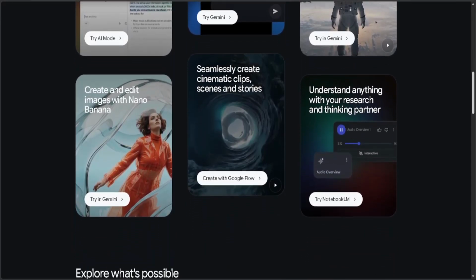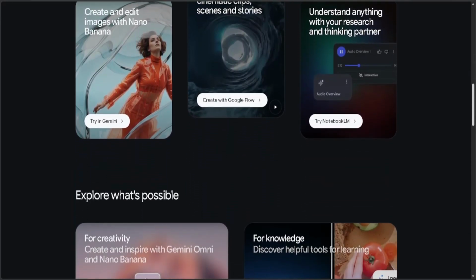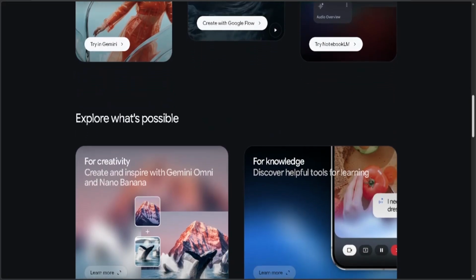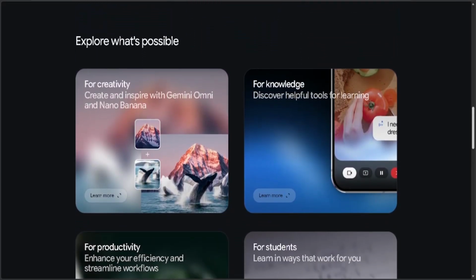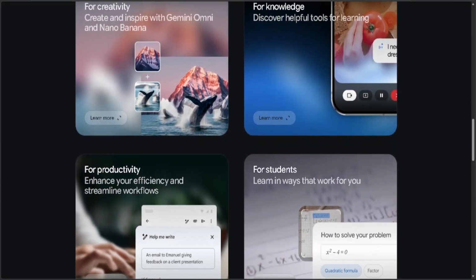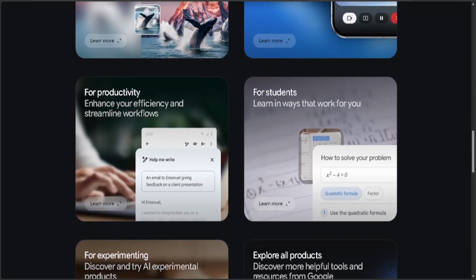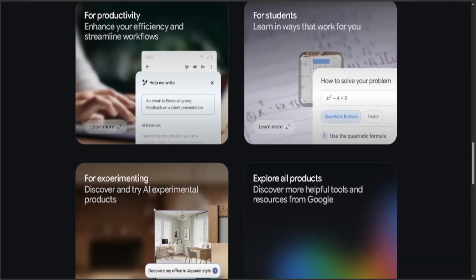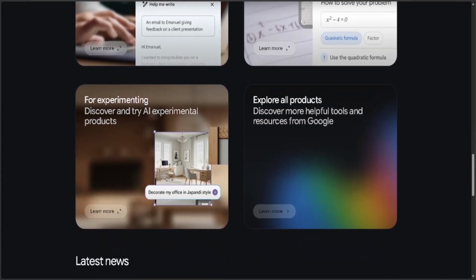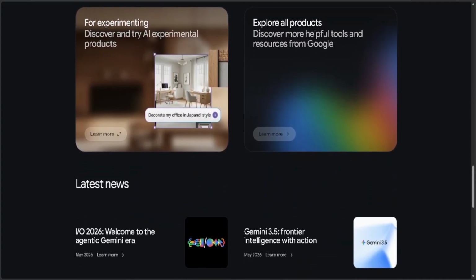First, open your preferred web browser on your Android phone, such as Google Chrome. Next, go to the Google AI Studio website and sign in with your Google account. Once you're signed in, you'll have access to the AI Studio dashboard where you can create prompts, test AI models, and